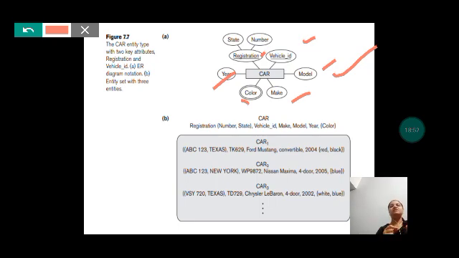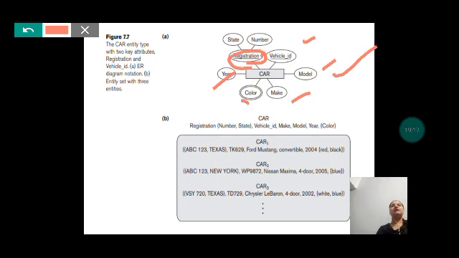So this registration is a composite attribute, composed of two sub parts, state and number. Since the registration ID for each and every car will be unique, that's why we have an underline in this attribute.